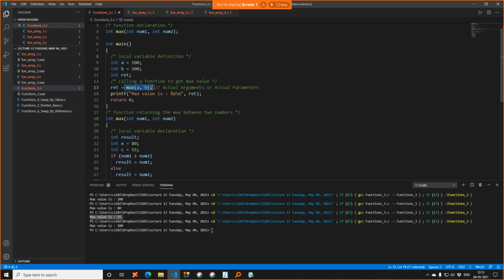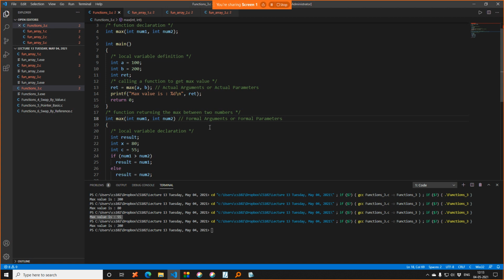If you see in this particular case, just for terminology, this A and B are actually known as actual arguments, or some books also refer to them as actual parameters. Why actual? Because these are the actual values that my main was using to call the function. So basically when you call a function, see I am calling a function here. I don't know what max will do at this particular point.